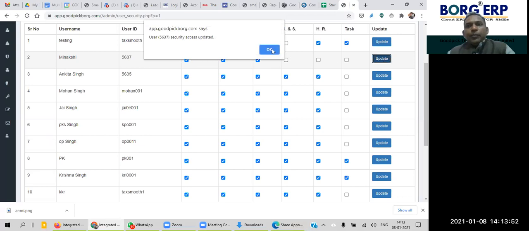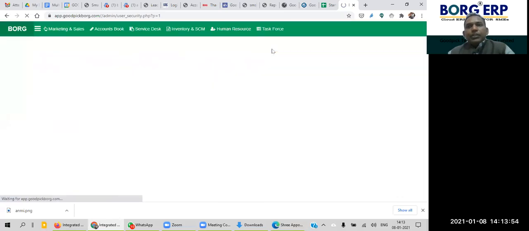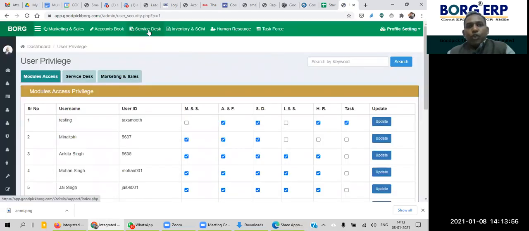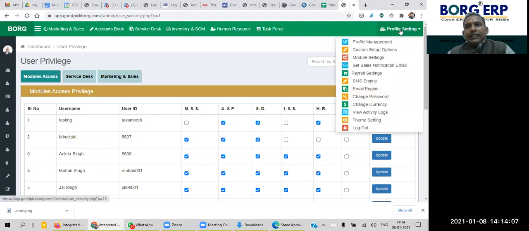So if Meenakshi should have access to the service desk module, I'll put a check mark and click on update. Once I click on update, Meenakshi will be able to access the service desk module. So first, the admin has to decide whom to provide what module access. Now the second thing is that there are some other settings, which we call module settings.